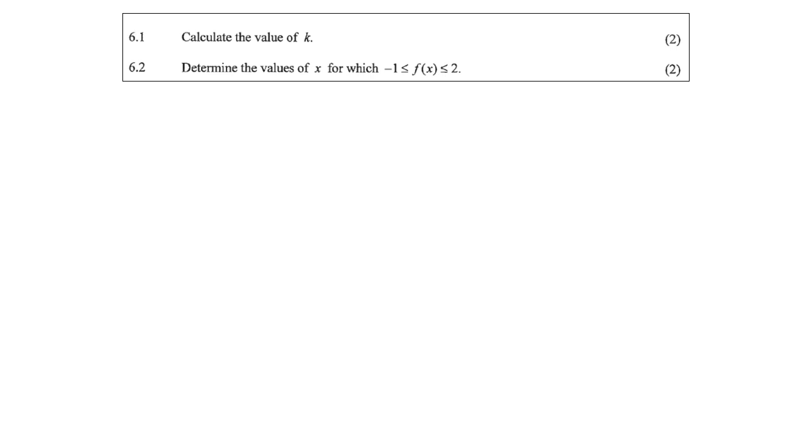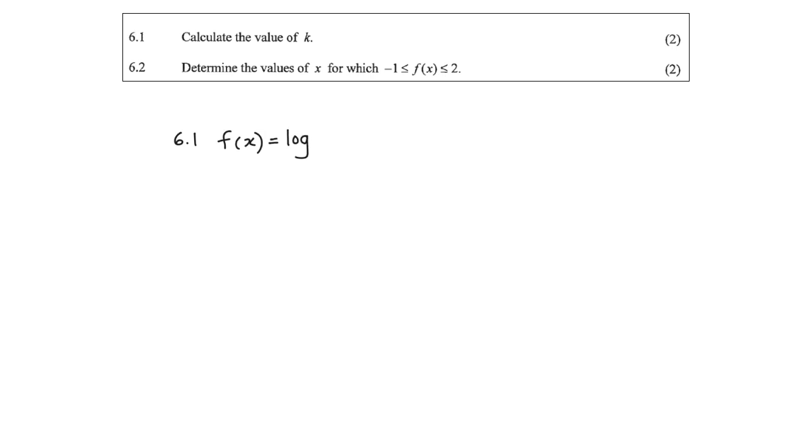For question 6.1, learners scored an average of 65%, but for question 6.2, an average of 32%. So let's discuss the questions. In this question, the graph of f(x) equals log base 4 of x is drawn, and they give us the point B with coordinates (k; 2) on the graph of f. The first question is to calculate the value of k.